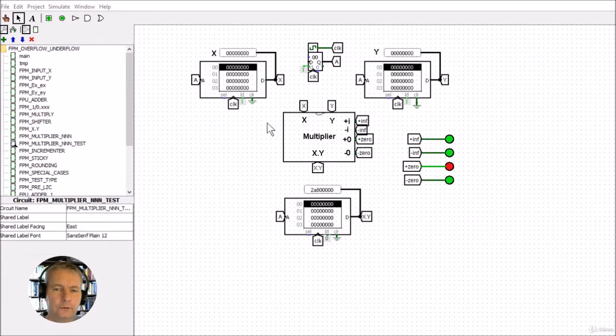So if you head down to the resources section, you'll find the file called overflow underflow. You can open that up if you like in order to follow this. If you're in there, we'll be at the top level here, which is the test section. So let's go into the actual